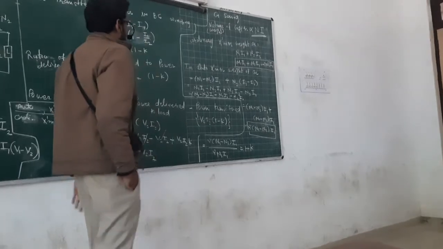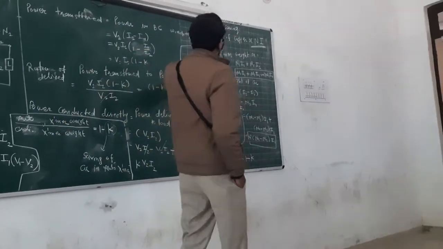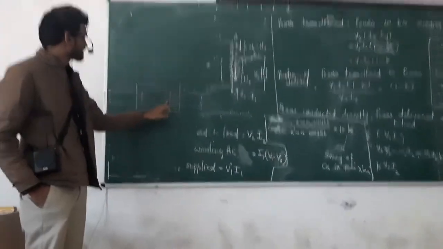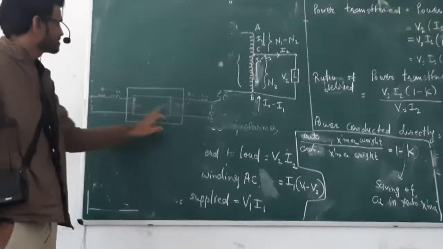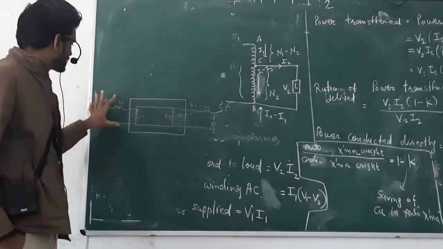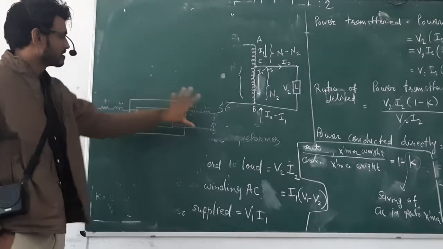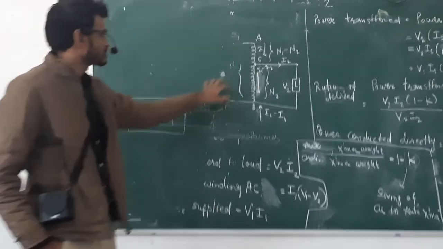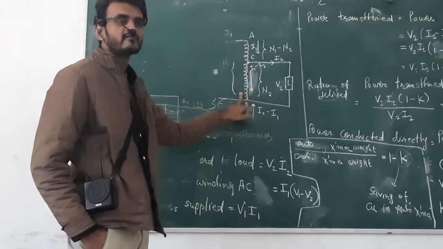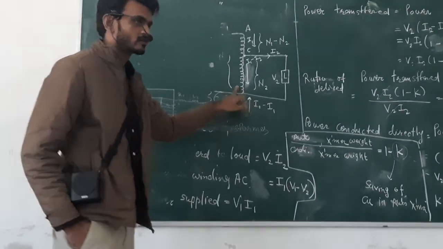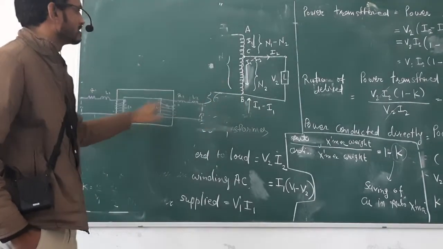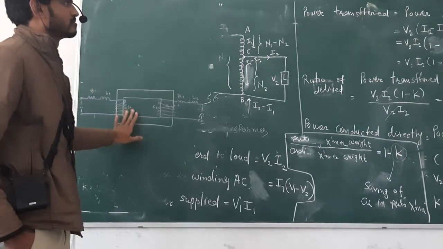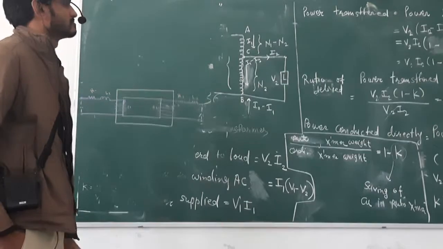Okay. In ordinary transformer, two windings are there, something like this. Here N1, N2, current I1, I2. Addition of N1 I1 plus N2 I2, that is the weight of the copper. And in auto transformer, only one single winding is there. So copper saving will be more in auto transformer as compared to ordinary transformer.